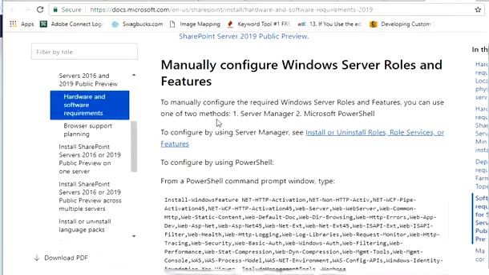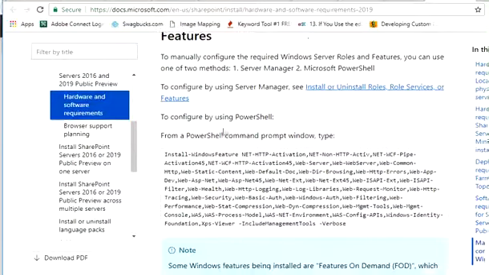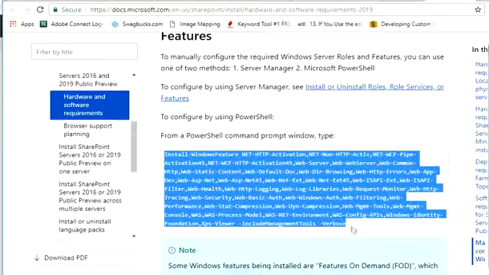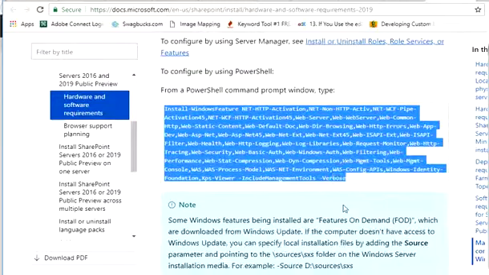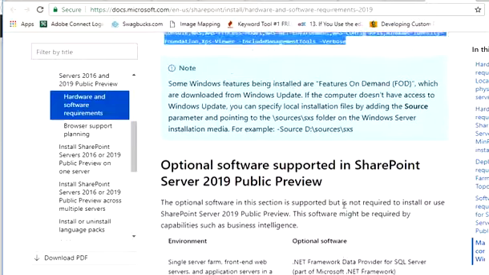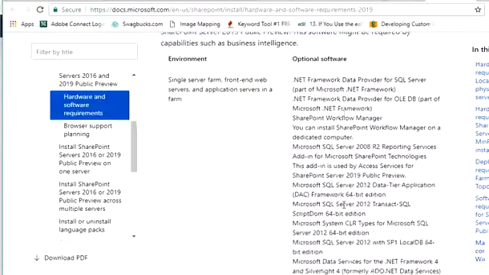You can use one of two methods, Server Manager or PowerShell. If you are in love with PowerShell, you can just copy this and run it. The other option is to go to Server Manager and configure these features manually.